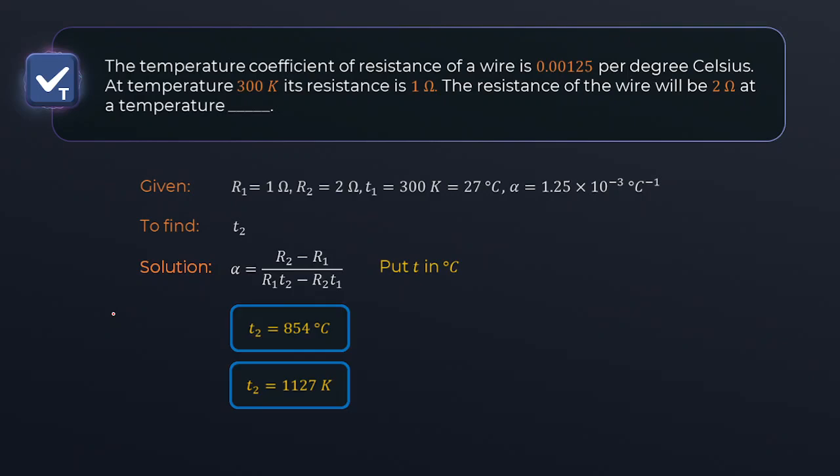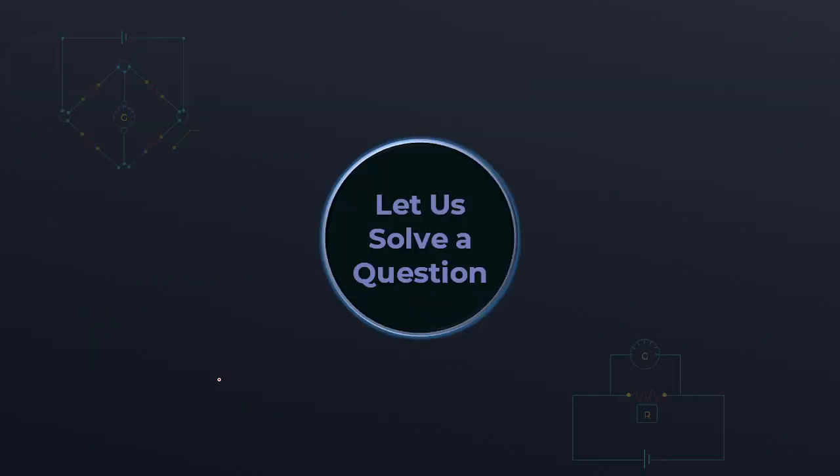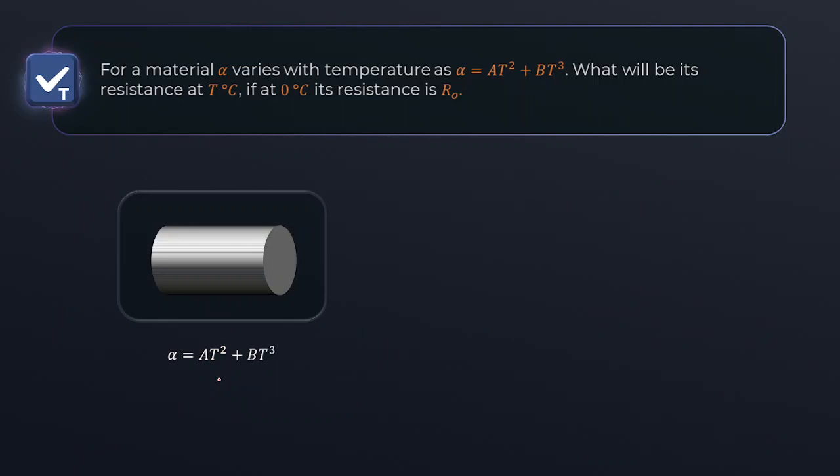So we just have to put the values and use this formula, alpha. T1, T2 we can find, T1 is already given, right? Now, again let us solve one more question. Till now, in our syllabus, mostly alpha is constant, but if they say alpha is variable, then what do we have to do?